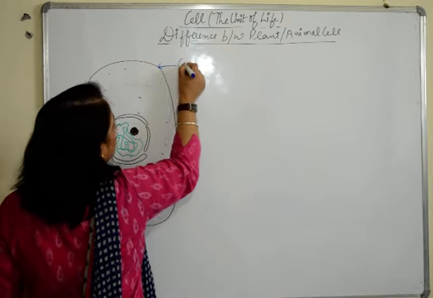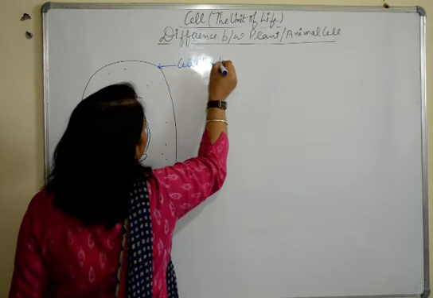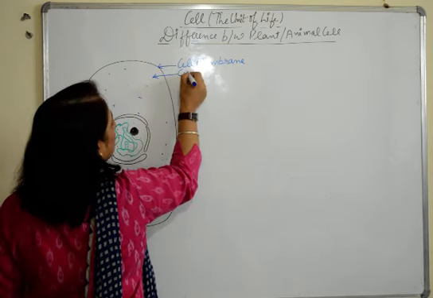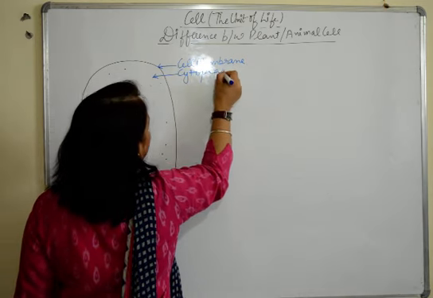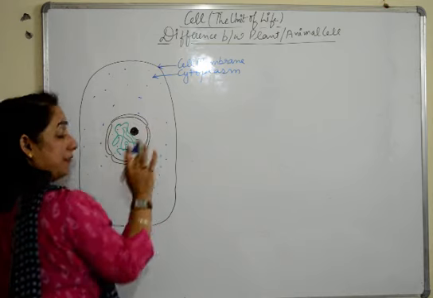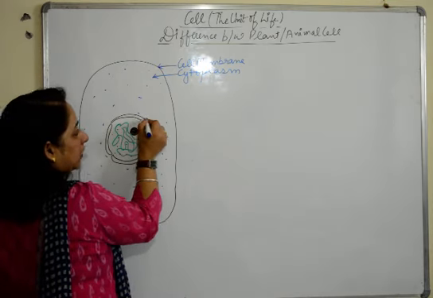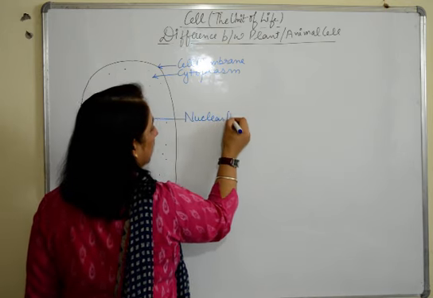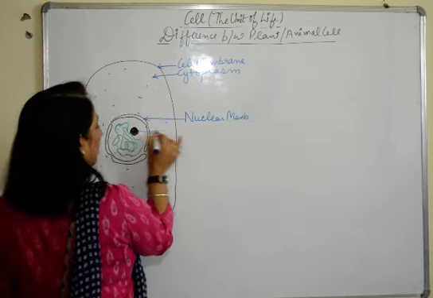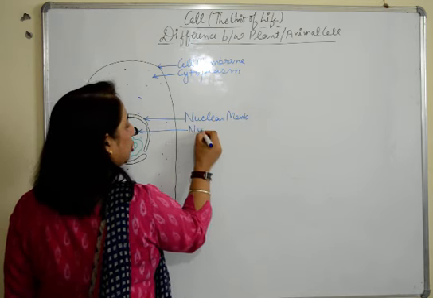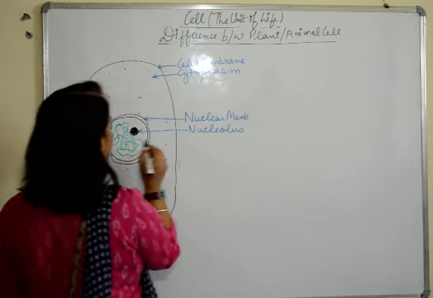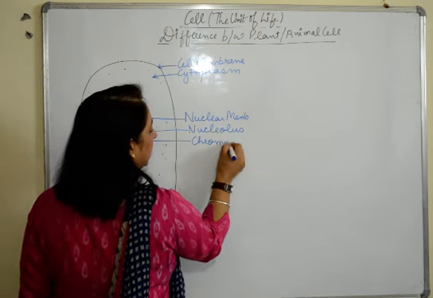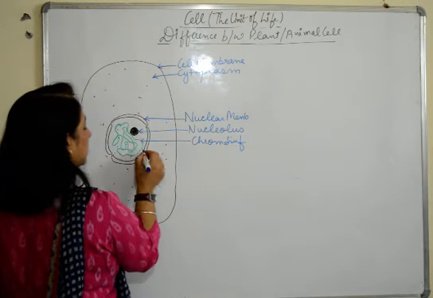So the first one is the cell membrane. The next one is the cytoplasm. Then we will label all the parts of the nucleus. Nuclear membrane, nucleolus, chromatin fibers,